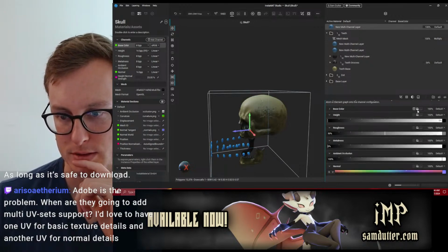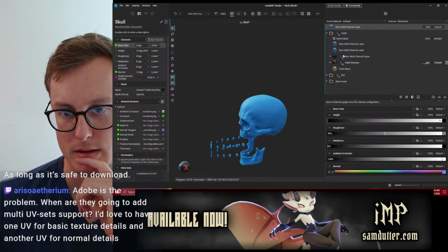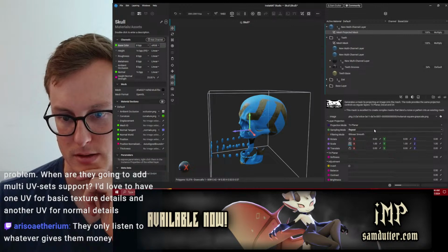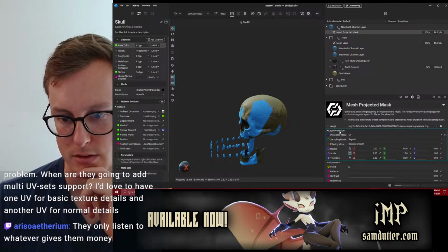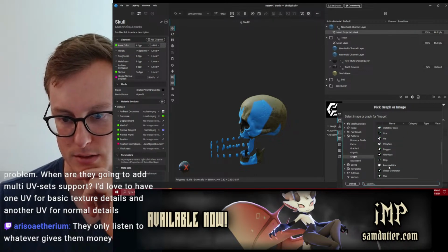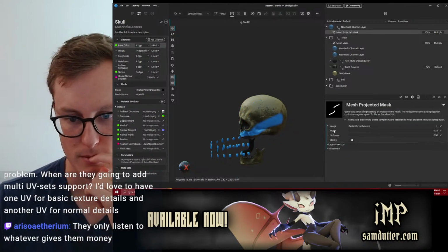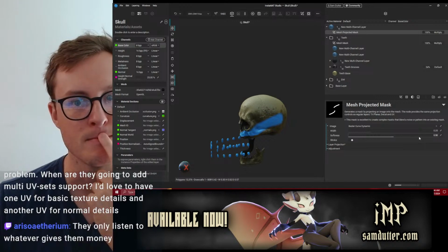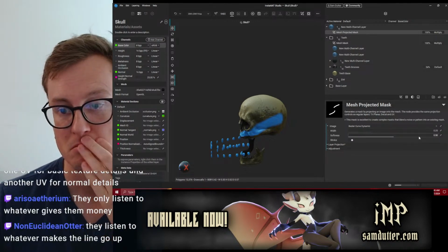Like if I had just done, selected it, made a mask, projected mask. UV. Isn't this what I did a second ago? I can put it there, but I don't have the same options. Weird.